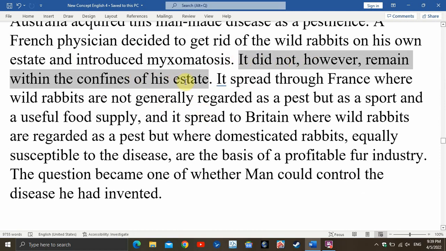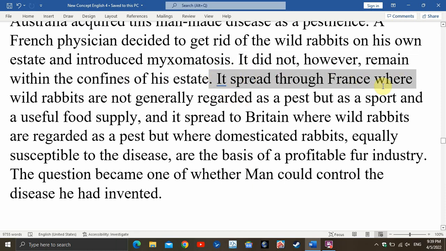It did not, however, remain within the confines of his estate。这是一个简单句。这个 it 是指什么？是指 myxomatosis，这个 disease virus。这个 virus did not remain within the confines of his estate。这个简单句之后，It spread through France, where wild rabbits are not generally regarded as a pest, but as a sport and a useful food supply。